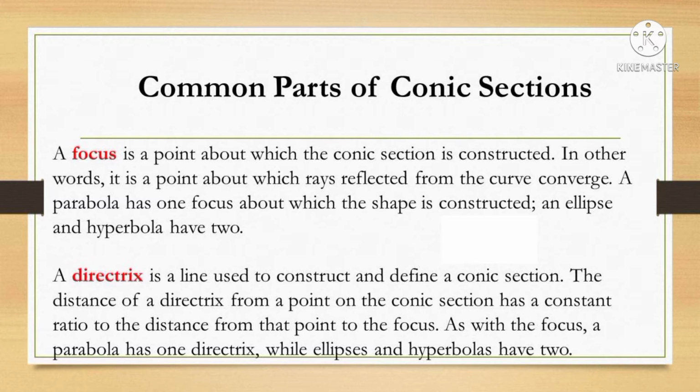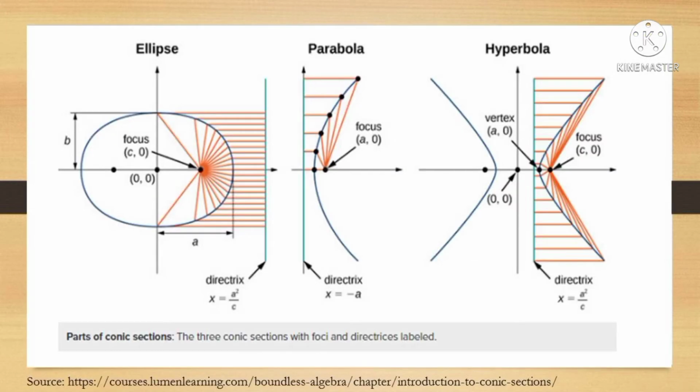Directrix means a line used to construct and define a conic section. The distance of the directrix from a point in the conic section has a constant ratio to the distance from the point to the focus. As with the focus, a parabola has one directrix, while ellipses and hyperbolas have 2. These properties that the conic sections share are often presented as the following definition, which will be developed further